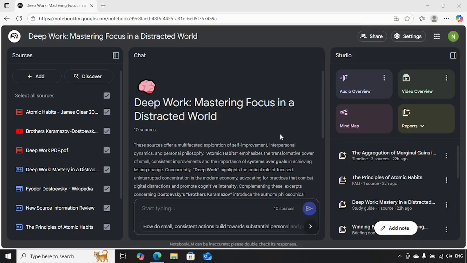Hi everyone. In this video, I would like to discuss how you can change the language of audio overview. In the previous videos, we have discussed how we can generate audio overview from the sources, and the language was English by default. But in recent times, Google NotebookLM has come up with the latest updates to set the audio